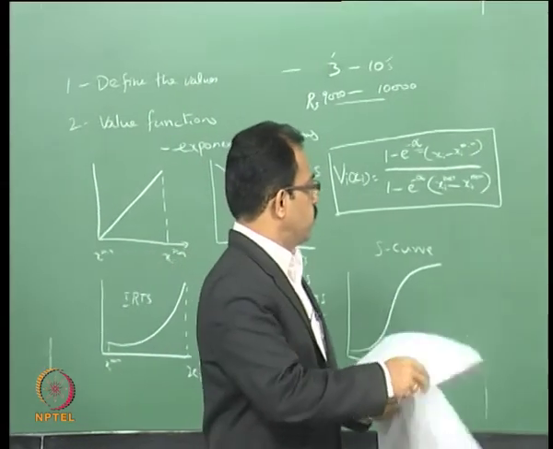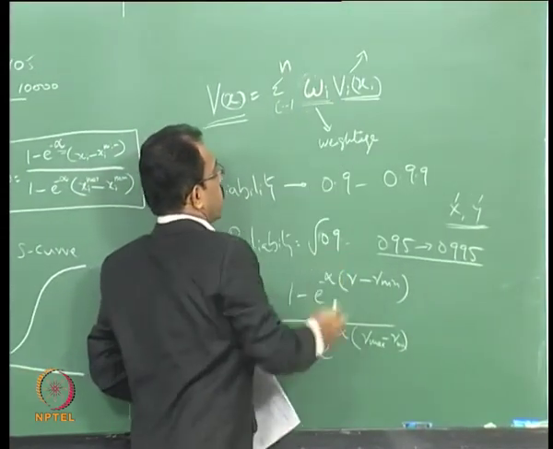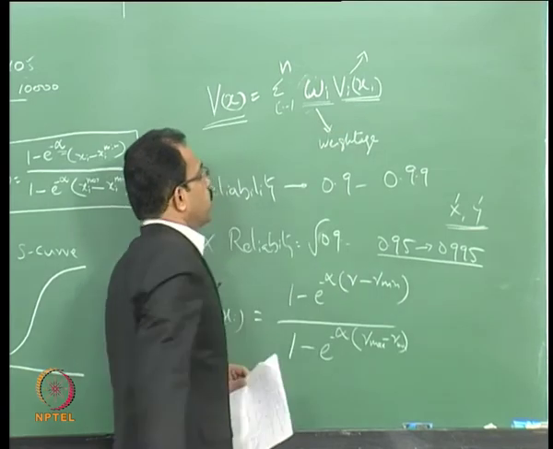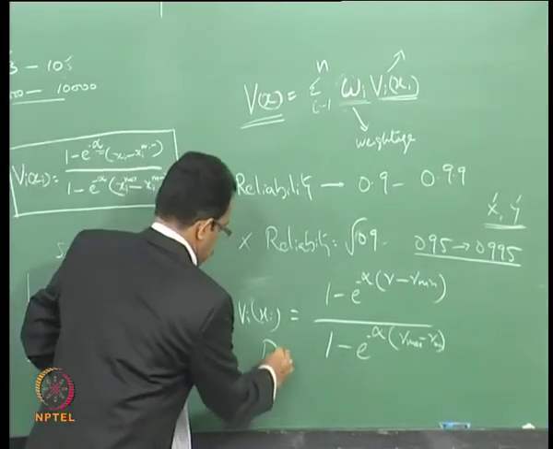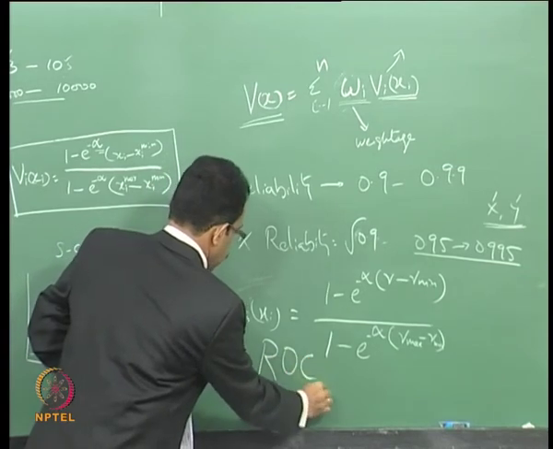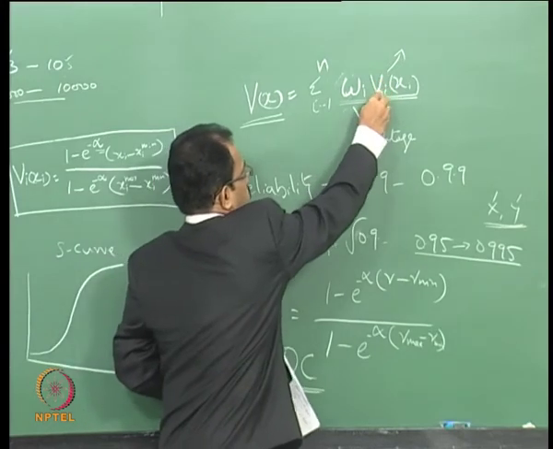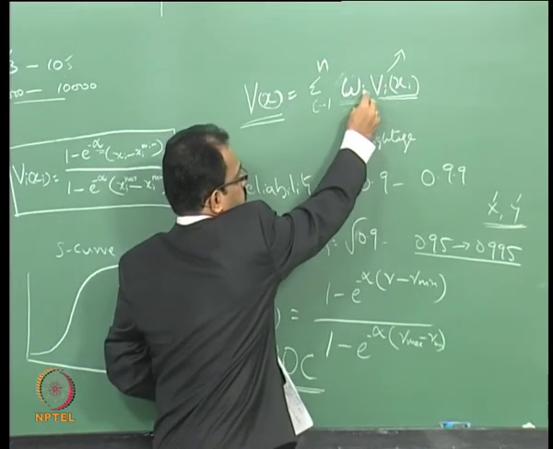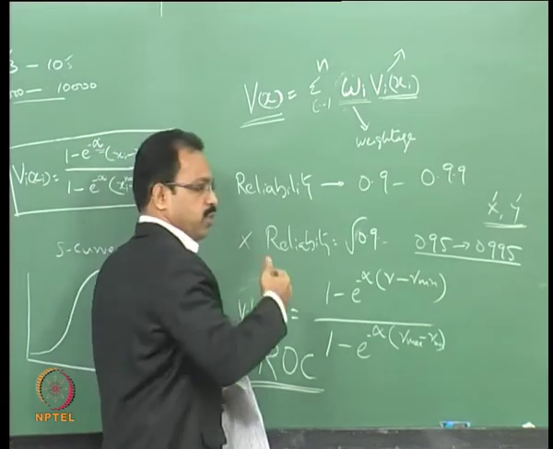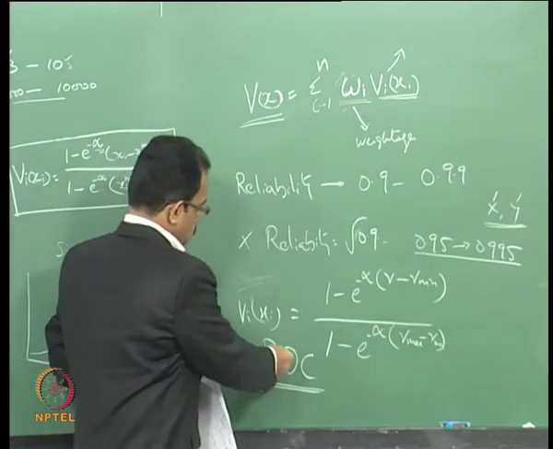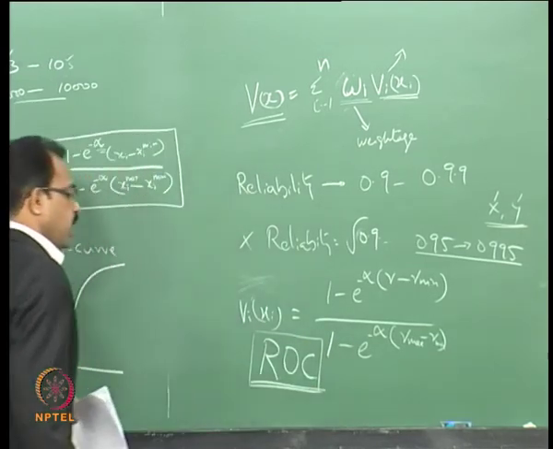And then we need to take the weightage Wi. There are different methods to get the weightage, and we will use the method called rank order clustering. That is a method for getting the weightage of various objectives. You have multiple objectives, and we need to find out which objective should be given the higher weightage. That comes from the objectives hierarchy, so we use the objectives hierarchy and the rank order clustering method to get the outputs.